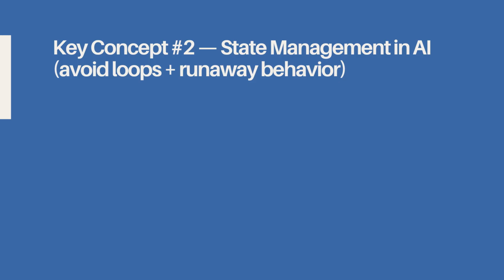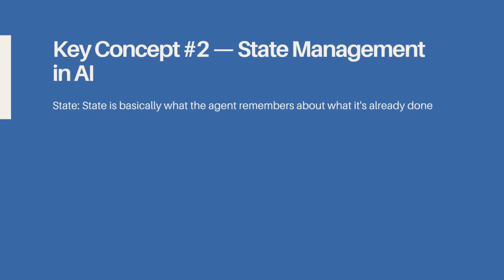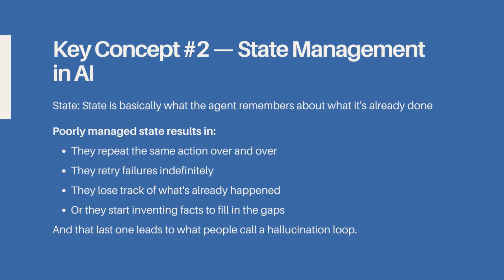Let's talk about the thing that breaks a lot of agent demos the moment they hit production. State. State is basically what the agent remembers about what it's already done, its plan, its progress, the results it got from tools, and where it currently is in the task. When state is managed poorly, agents get into real trouble. They repeat the same action over and over. They retry failures indefinitely. They lose track of what's already happened, or they start inventing facts to fill in the gaps. And that last one